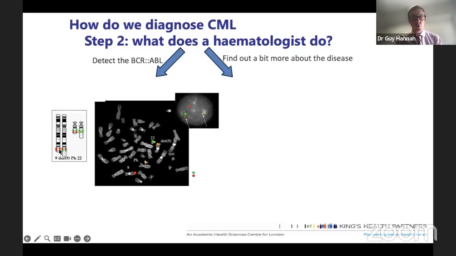BCR is red, and it's all in the same place. That's where it should be. And on this green one, this normal chromosome 22, the green is all in the same place, and that's where it should be. But what happens when you have a swap of the chromosomes is that the